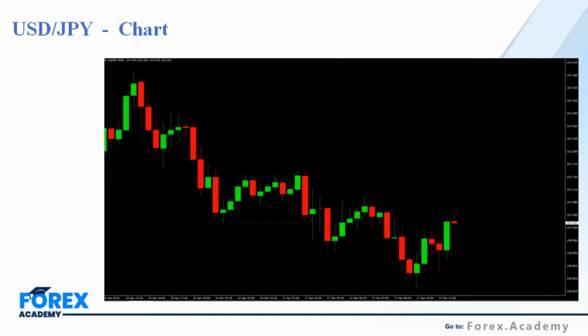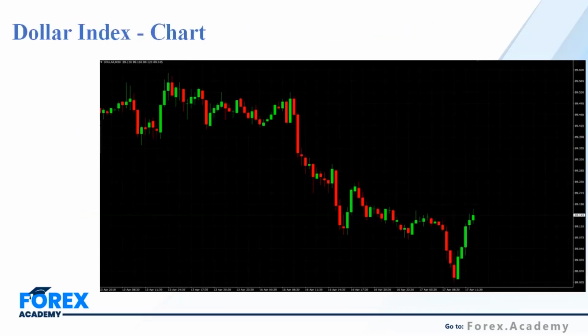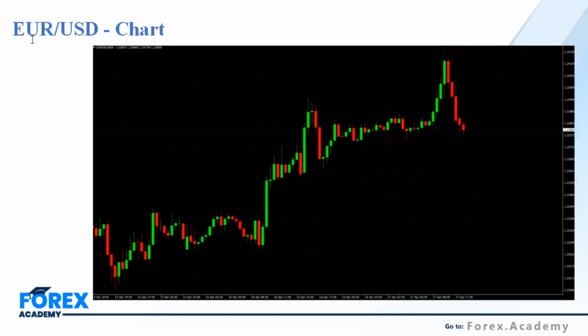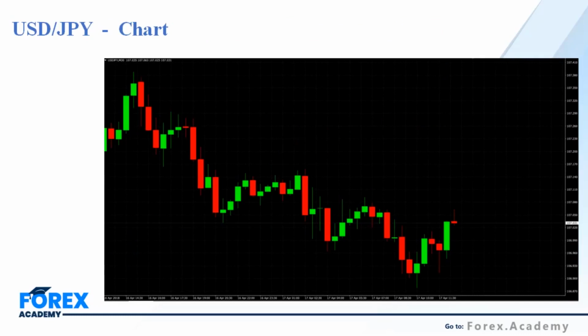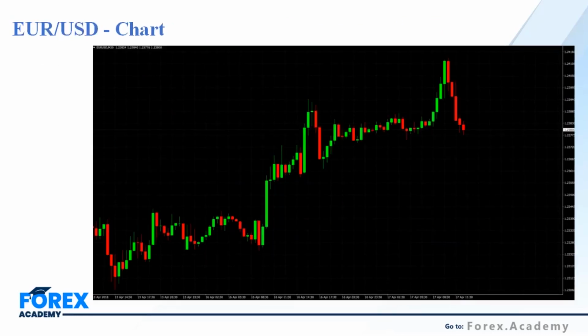But on the other hand, if we speak about USD JPY, this currency pair is getting higher. It means that I have to pay more Japanese yen in order to buy 1 unit of dollar. So when the dollar is getting stronger, I will be selling the euro USD, however I will be buying the USD JPY. It is very important to understand which currency pair is direct and which is indirect, because in case of a stronger dollar, I will be selling the direct currency pair and buying the indirect currency pair, because I want to buy USD.